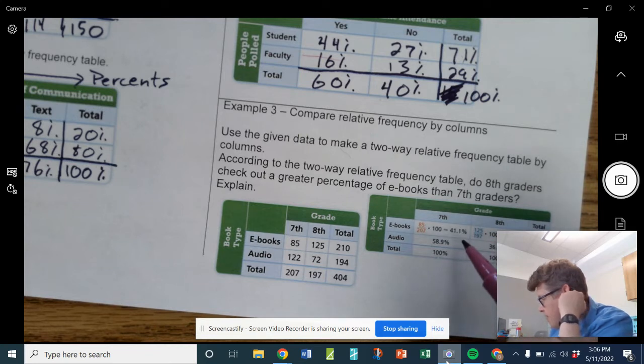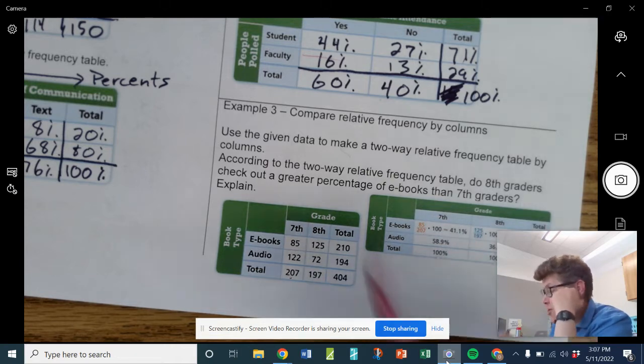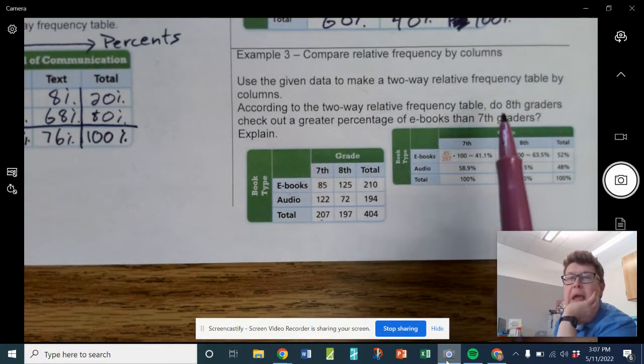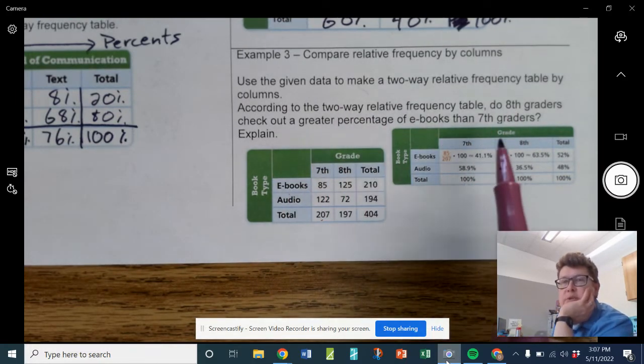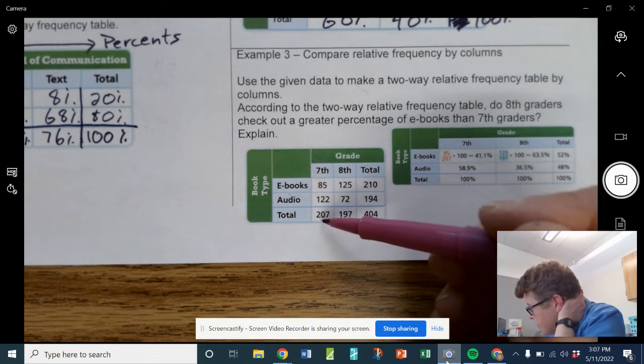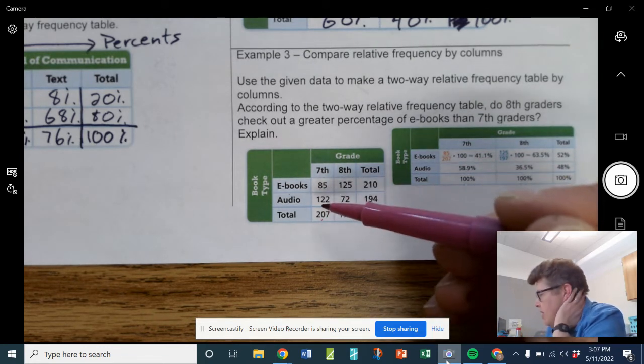We can see that we have this 85 divided by 207 right there, right, to get to that 41% of people for, I should start by actually reading it, right? According to the two-way relative frequency table, do 8th graders check out a greater percentage of ebooks than 7th graders? So you take that 85 divided by 207, like in that row, right? And we end up getting to,